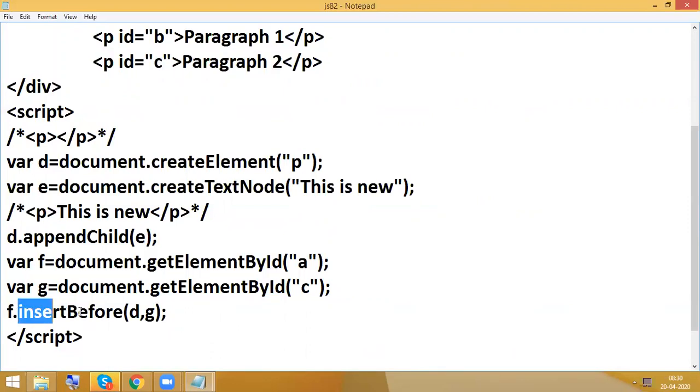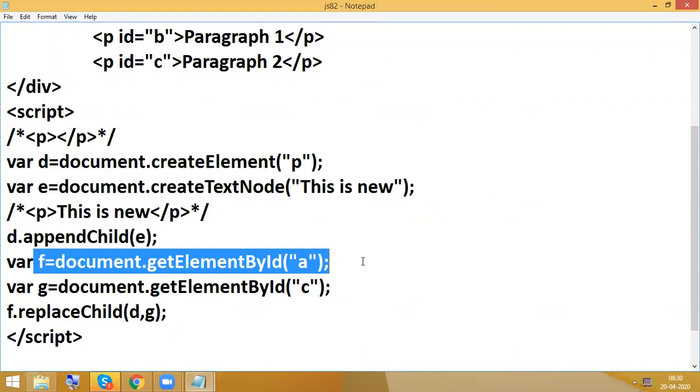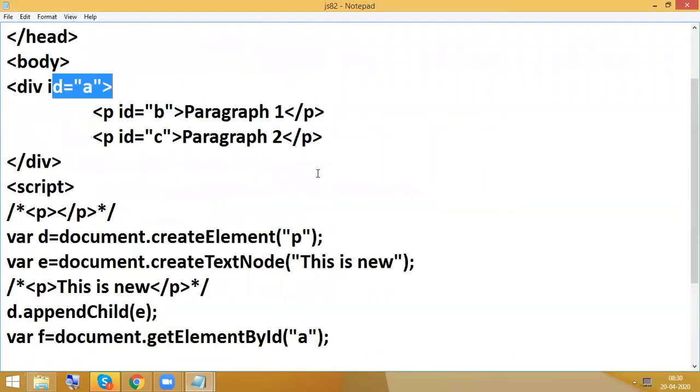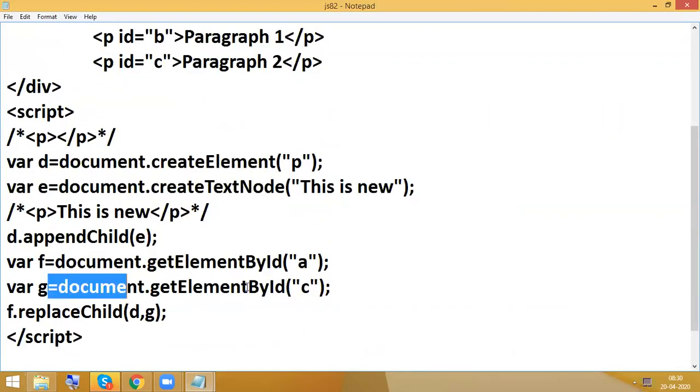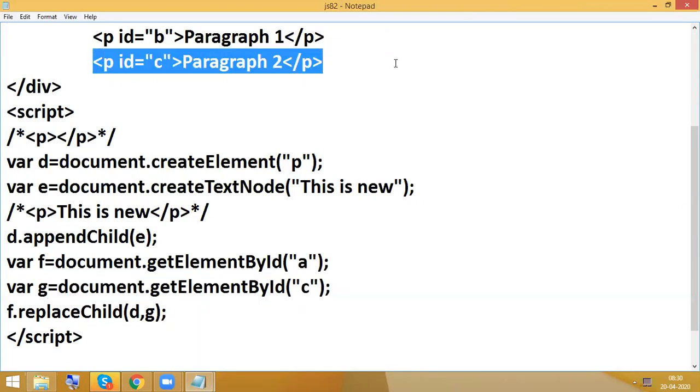So instead of writing insert before, I am writing replace child. The meaning of this is, previously we inserted before, now we are trying to replace paragraph 2. Again, document dot get element by ID A, nothing but your div tag. Get element by ID C, paragraph 2.